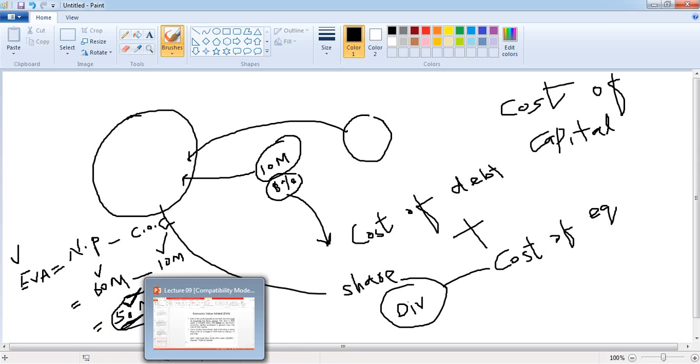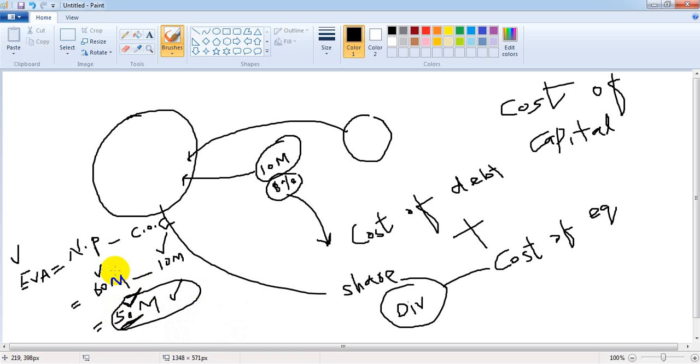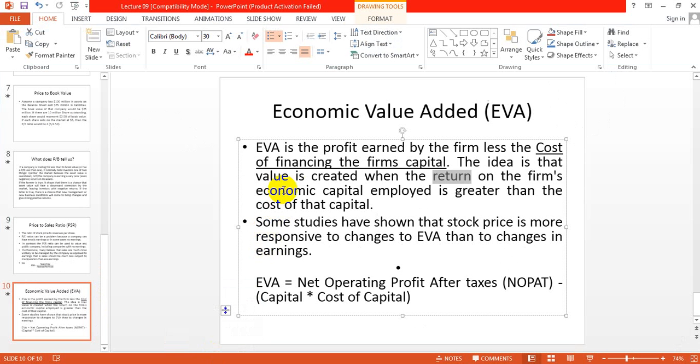This is basically economic value added. Now this means if this is less than this, then the company's performance is very poor. See, economic capital employed is greater than the cost of that capital. The value is created. Value will be created when the return on the firm's economic capital employed, the capital which